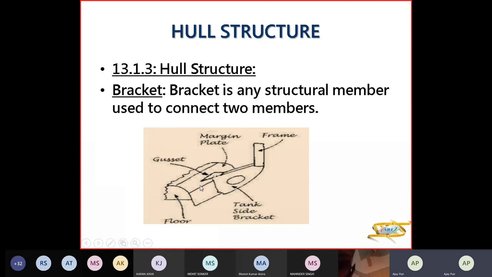मार्जिन प्लेट का काम क्या है कि कुछ भी झटका लगा, आपने लोड किया कुछ जोर से, बॉटम आपके टैंक टॉप पे लगा, तो सारे स्ट्रेसेस जो हैं वो फैल जाएंगे। कैसे फैलेंगे? मार्जिन प्लेट पे आ जाएगा स्ट्रेस, मार्जिन प्लेट से सारे प्लेट फ्लोर्स में स्ट्रेस फैल जाएगा। तो जहां लोकलाइज स्ट्रेस हुआ, उस एरिया में क्रैक नहीं होगा क्योंकि स्ट्रेस फैल जाएगा।